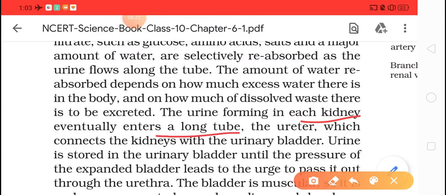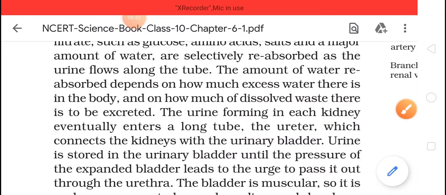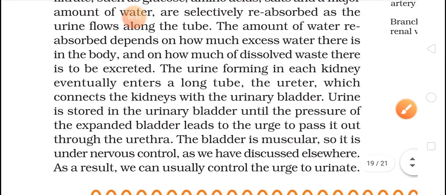From the kidney, a long tube will run, that is known as the ureter. From the two ureters, it will join into a common bladder, which will be called the urinary bladder. Okay, so this we have done. Urine is stored in the urinary bladder until the pressure of the expanding bladder leads to the urge to pass it